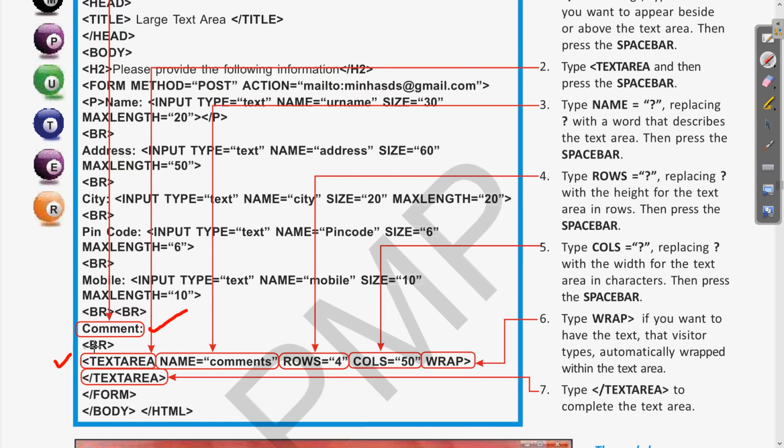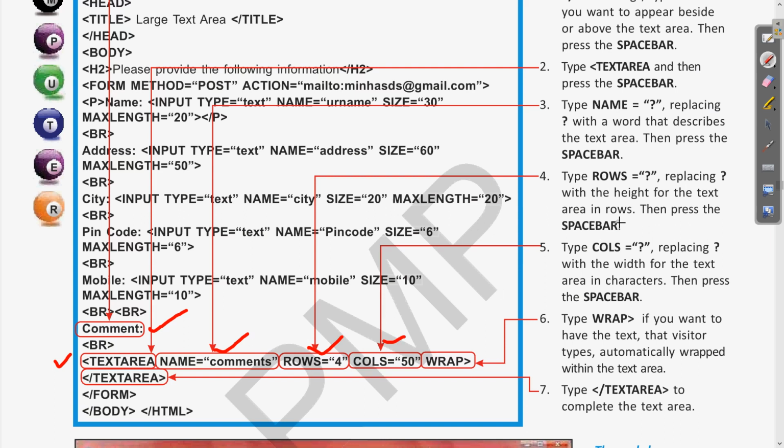Here you can see the attributes of these. Text area is the tag first, then a space, then the name of this element, which is comment. We can write any name. Then rows and columns. Rows equal to 4 means 4 rows we can write, and the columns is 50.